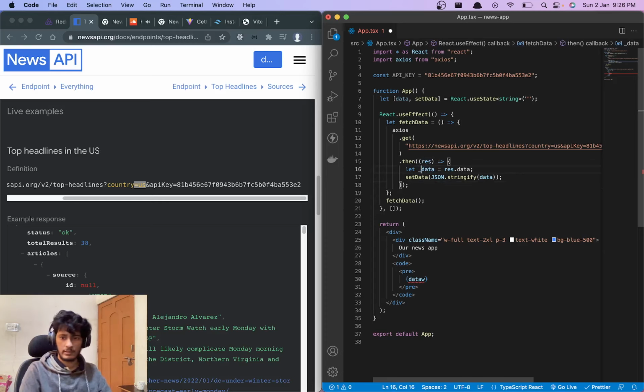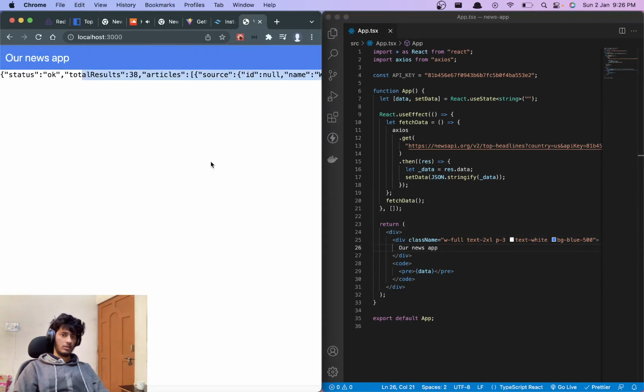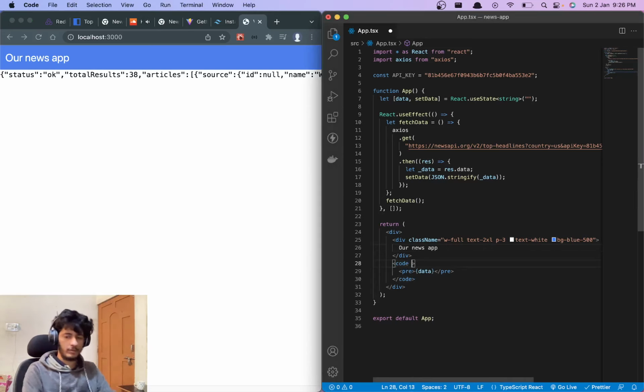So let's keep it like this, that will differentiate that. Yeah, see, you can see all the things are there. You can definitely do this.